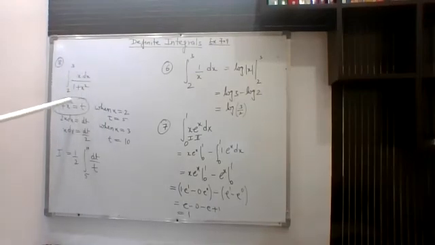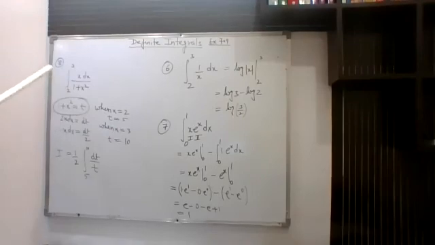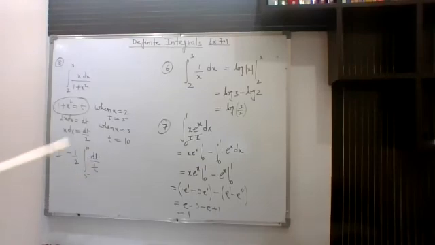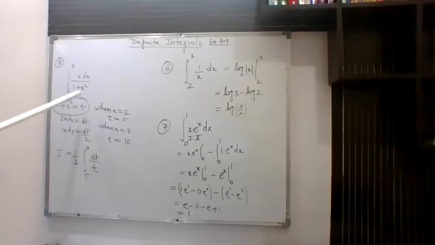Obviously, you can recognize that this is based on the substitution method. So we are substituting 1 plus x square as t. You can convert the question to 1 by 2 dt by t. Now, 2 to 3 are the limits with respect to x. Now with respect to t, we have to calculate these limits. So how to do that?